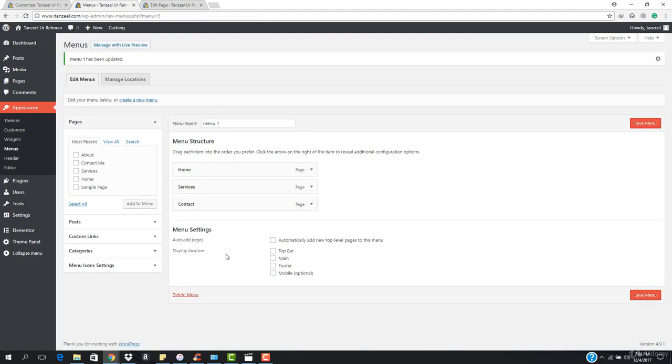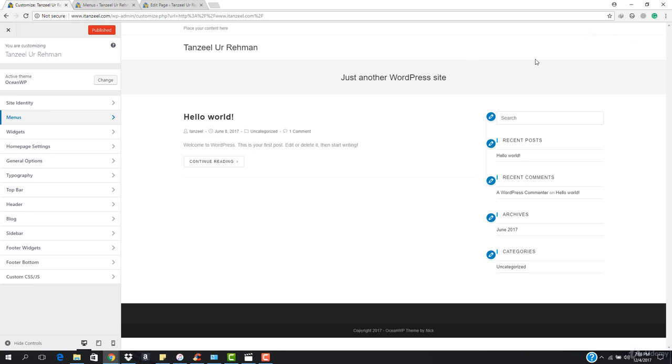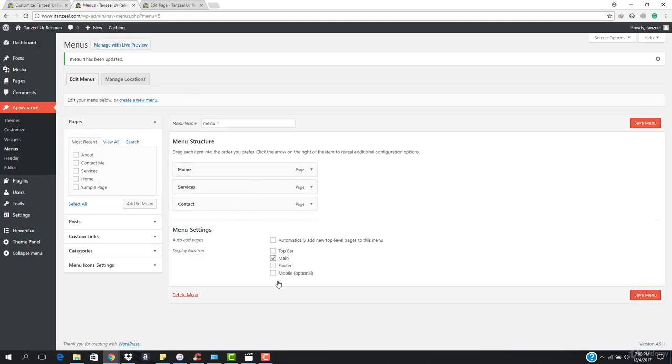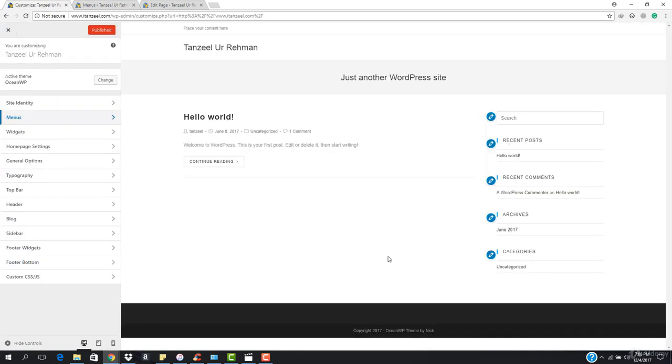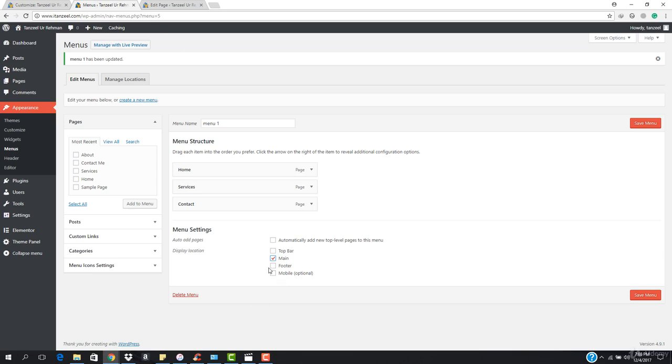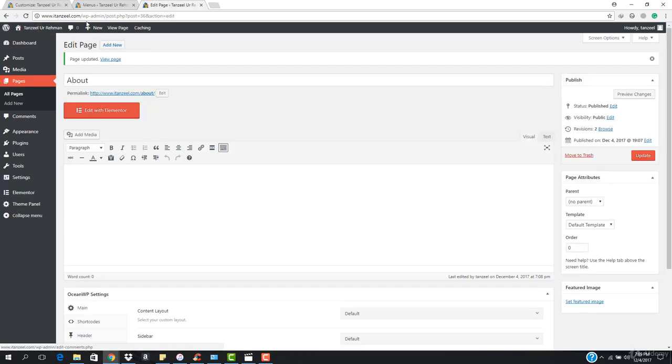Okay, and I basically need to display this onto the main area. So it should be the main. This is called the main area. This is the top area, this is the footer, and this is the mobile. So if you want to show a different menu for mobile, I'll show you later when we do the mobile optimization. So I'm going to hit save, and now let's come here and